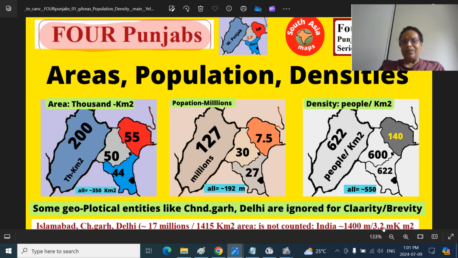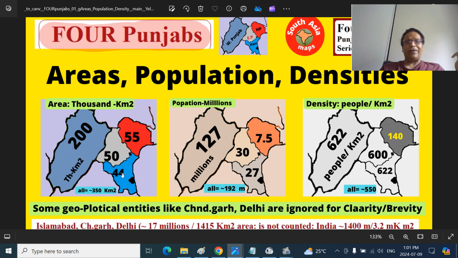Pakistan and Bangladesh together should have around 40 to 100 units, among which 200 units is West Punjab. Entire east of the Radcliffe Line there is a little less, we can say around 150. That 150 we can make into three parts, 50 each. 50 is East Punjab, add 5 and that will be Himachali Punjab, 55, and 5 less is Haryana Punjab.